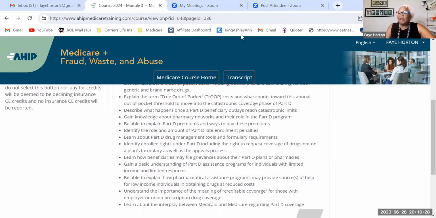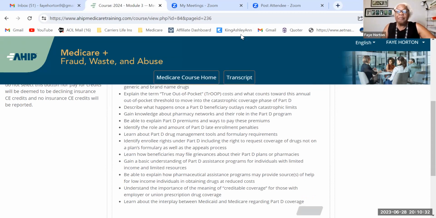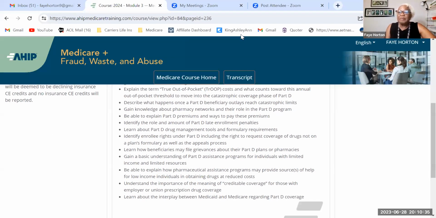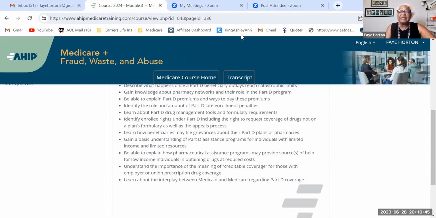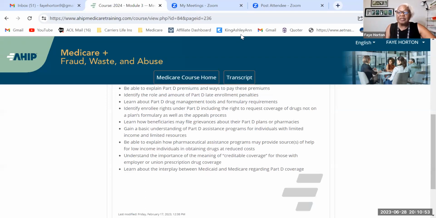You'll gain knowledge about pharmacy networks and their role in the Part D plan, be able to explain Part D premiums and the way these premiums can be paid, identify the role and the amount of Part D late enrollment penalties, that's your LEP, learn about Part D drug management tools and formulary requirements, identify enrollee rights under Part D,